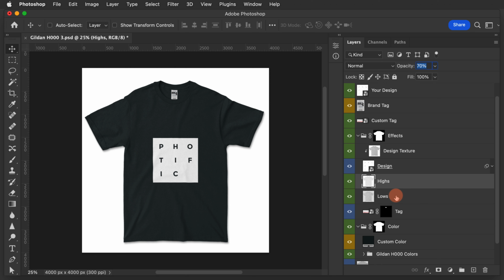Additionally, if you want to modify the fabric appearance on the design itself, you're going to do that with the design texture layer. So you would select design texture and modify the opacity just the same as you did for these other ones here. So you can take this down to 20% or you can take it up to 90%. And modify this to whatever you think looks the most photorealistic for your design and the mockup you're creating.